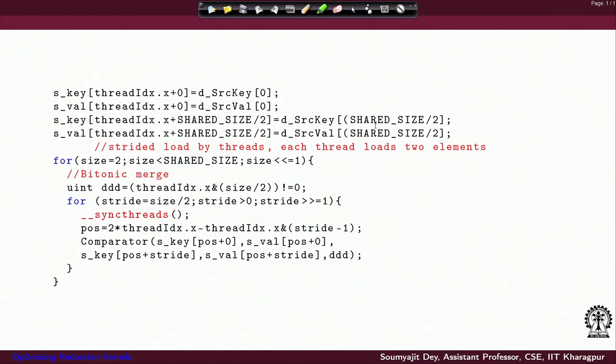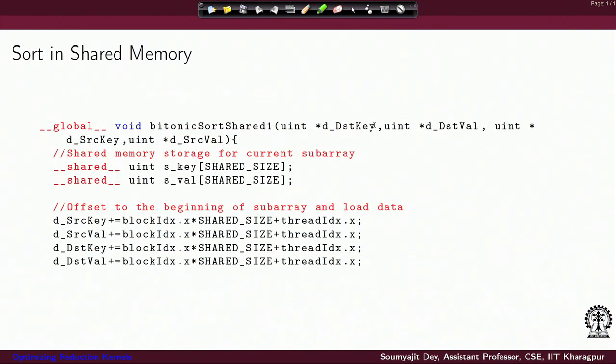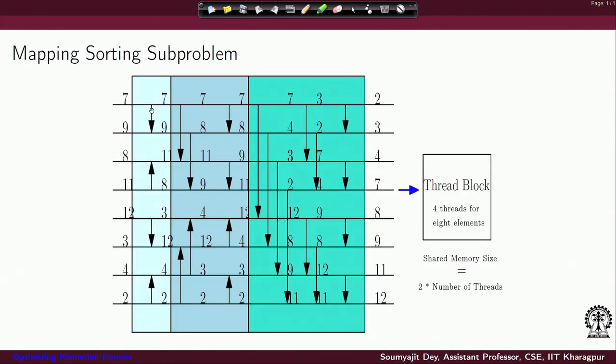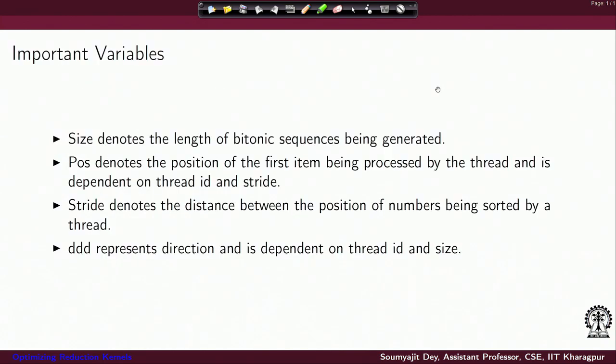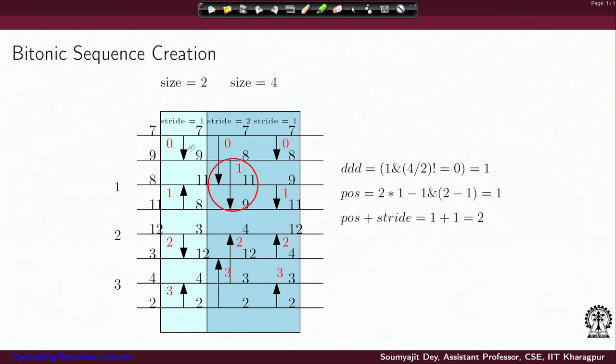Then each of the threads, as we can see from the previous picture, is tasked with the following operations. If I look at thread ID 0, I can figure out what values that thread is working on. We have a nice example here in the first part: thread ID 0 is bringing two values, and in the first phase of operations thread ID 0 is doing a comparison here, whereas thread ID 1 is doing a comparison here, thread ID 2 is doing the next comparison, like that.